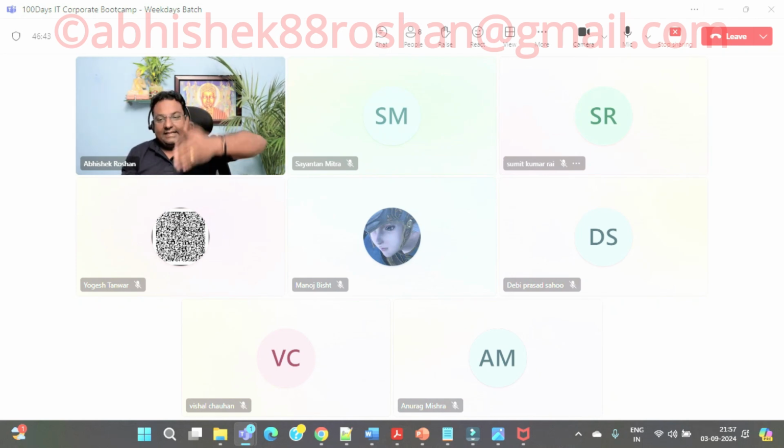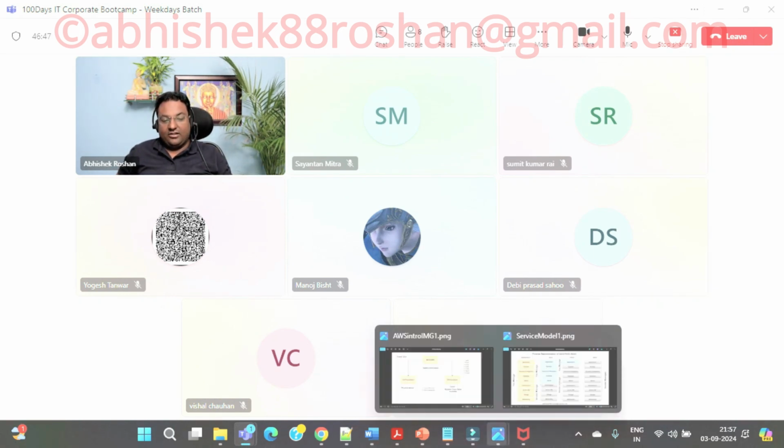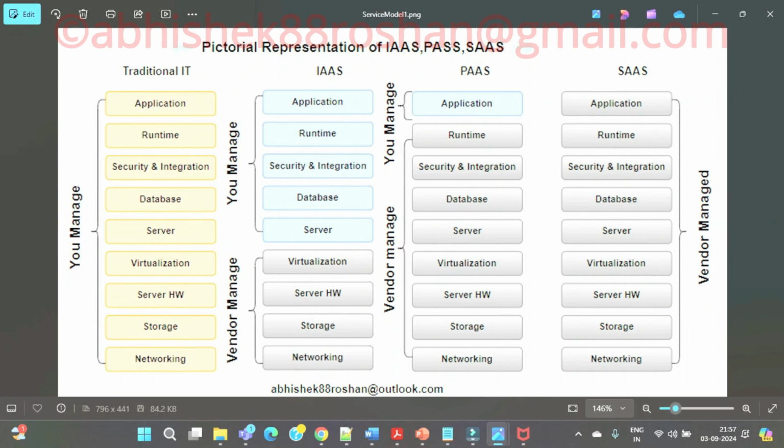Why are they segregating all these roles? You only tell me. Because of this deployment model, guys, so that they can now outsource their resources to those companies.